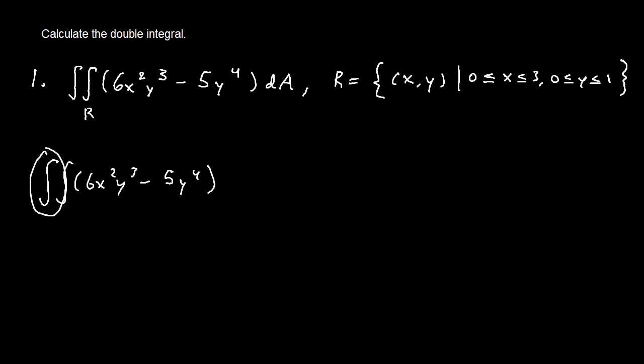contains the y bounds. Now you might wonder, well, since x is from 0 to 3, should I put that on the outer integral or the inner integral? And since y is from 0 to 1, should I put from 0 to 1 on the outer integral or the inner integral? Well, this is where Fubini's theorem is useful, because if f, the multivariable function here,